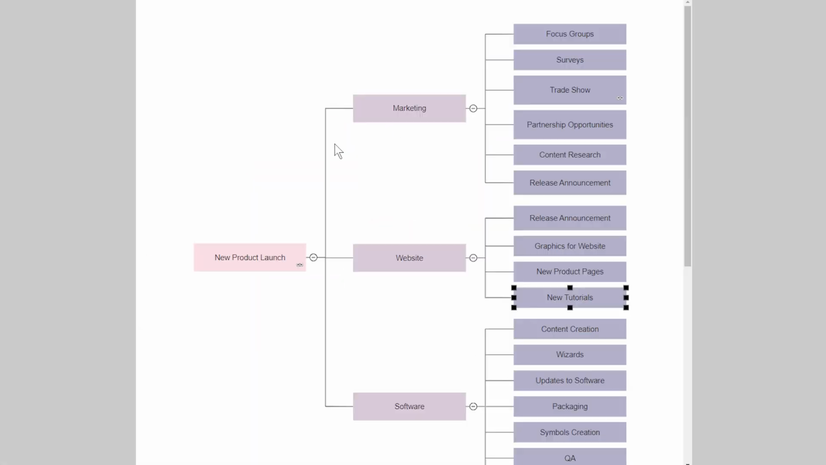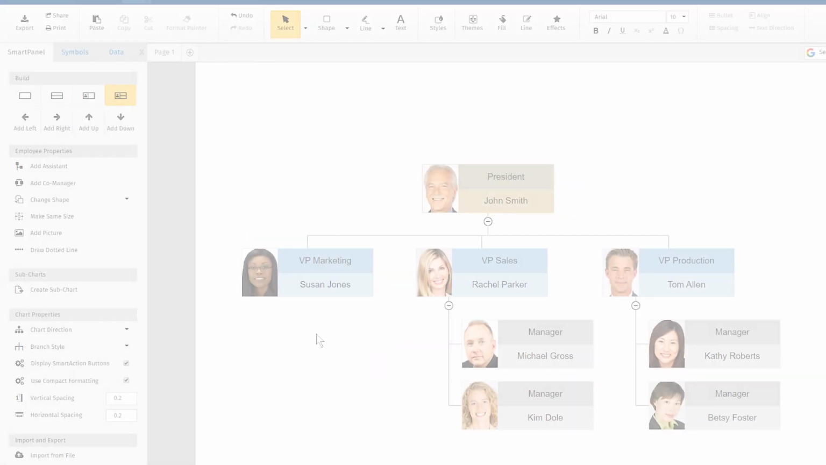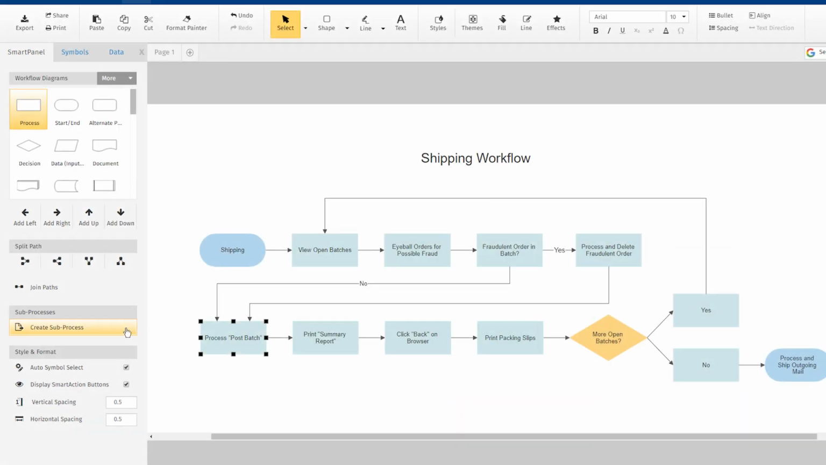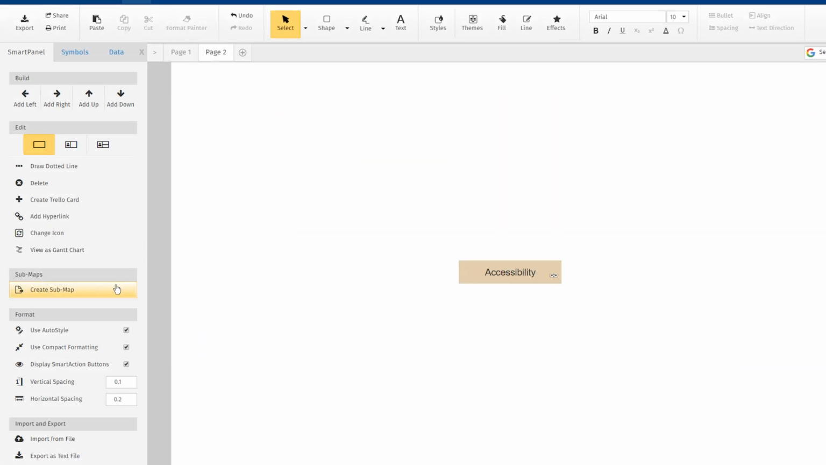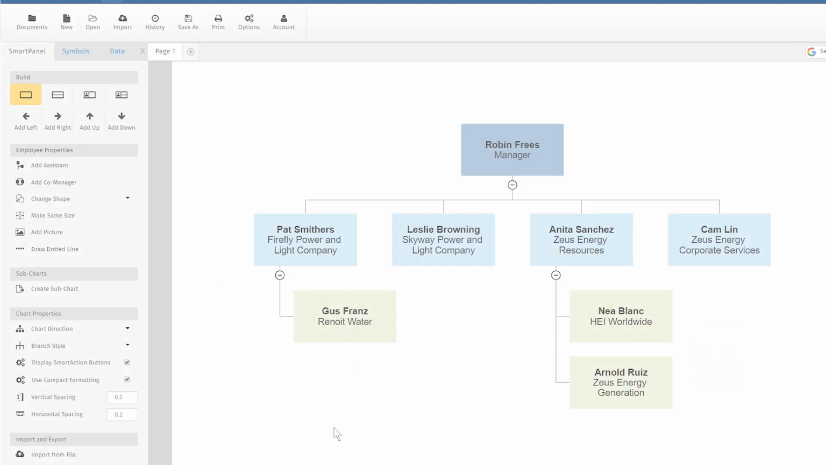SmartDraw's SubChart feature works great for breaking down larger diagrams into smaller, easier to navigate diagrams. You can add subcharts when working with org charts, flowcharts, and mind maps with just a click. For instance, if you want to link to another department and thus a separate org chart from this employee, just